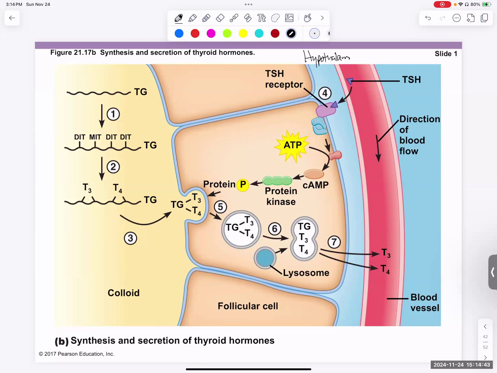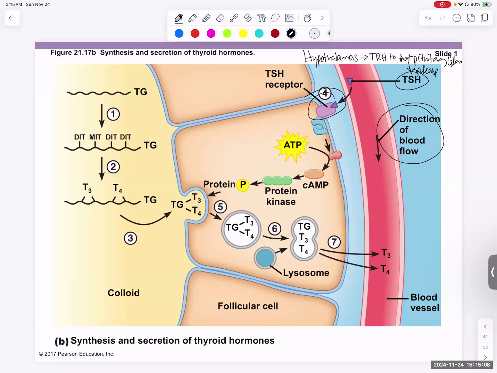Hypothalamus releases thyroid releasing hormone to the anterior pituitary. Then the anterior pituitary gland releases thyroid stimulating hormone. Thyroid stimulating hormone goes in the blood,